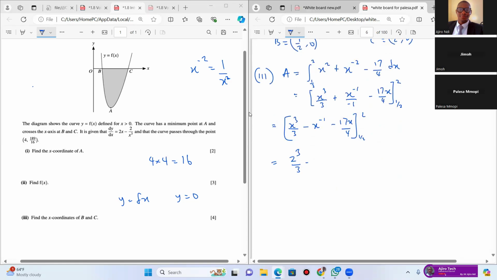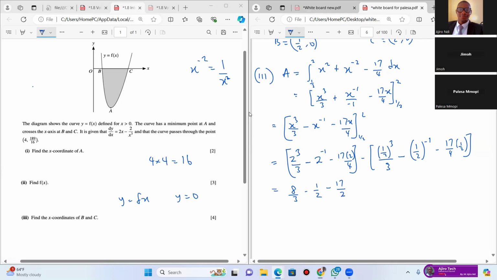So from here, I can now say 2 cubed over 3, that is 8 over 3, minus 2 raised to the power -1, minus 17 into 2 over 4, minus half cubed over 3, minus half raised to the power -1, minus 17 over 4 into half. This gives us 8 over 3 minus 1 over 2 minus 17 over 2,